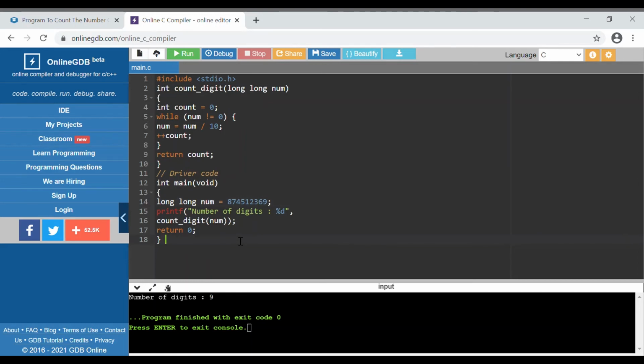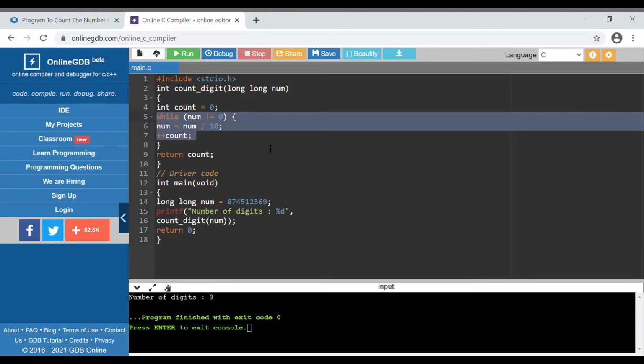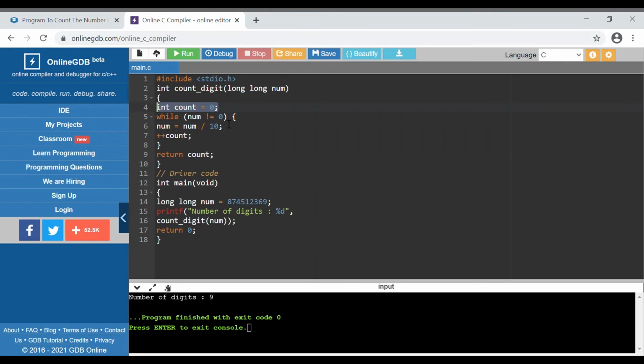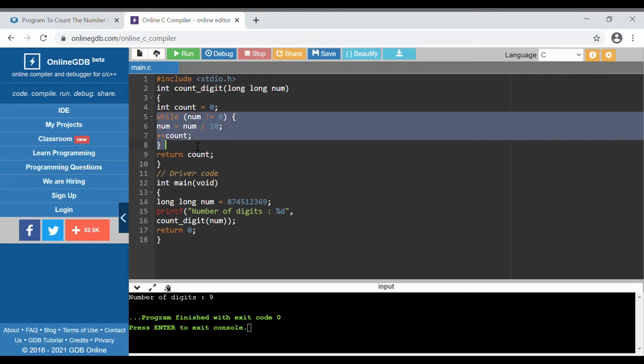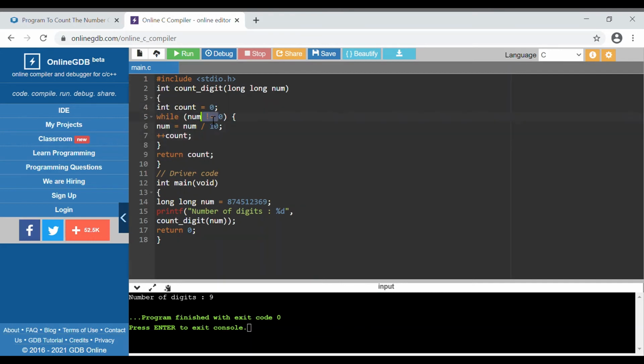Okay, so this is our logic part. What I have told you, we will divide the number till we get 0, right? So we'll iterate and increase our count. We have initialized our count with 0, then we have started our looping. Till we get 0, we will iterate. We have divided that number by 10. Again and again we will count.